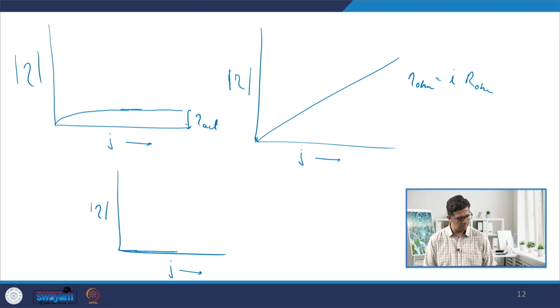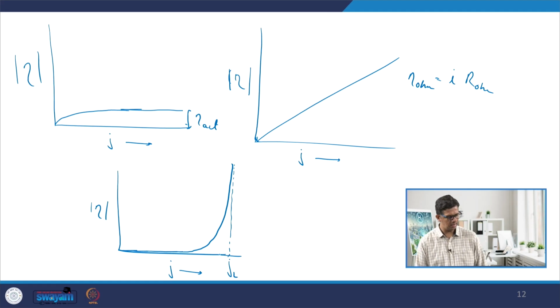However, as and when we start drawing more and more current, it increases exponentially. So, this is nothing but JL. So, as and when current density approaches the limiting current density, the mass transfer overpotential, this is eta mt, it